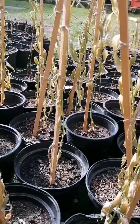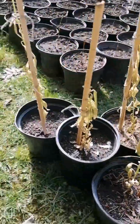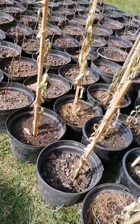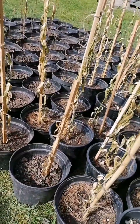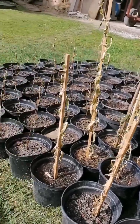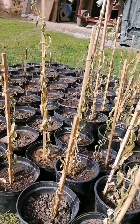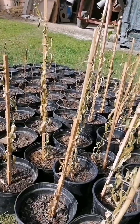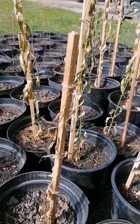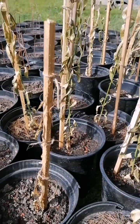And in autumn, I could plant them in a field if I wanted to, because as I said, they grow very fast, and it's not such a big sacrifice. Of course it's not so nice, because I put in all the work, and then you see this, it's not so nice, but it's okay. And that's that. I always look at what they do, and I don't see a lot